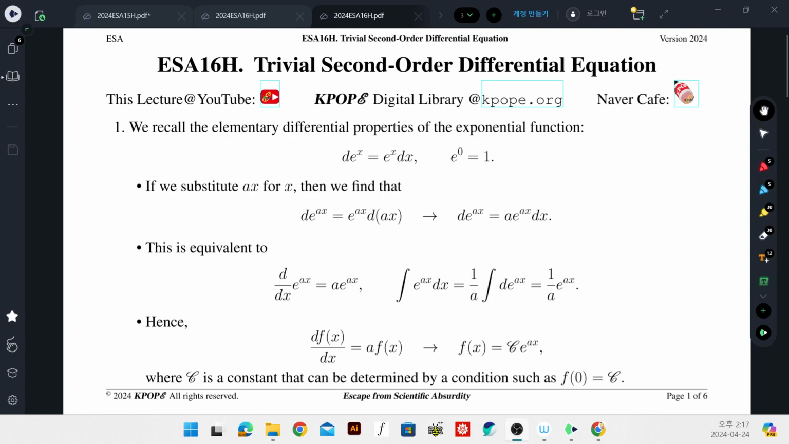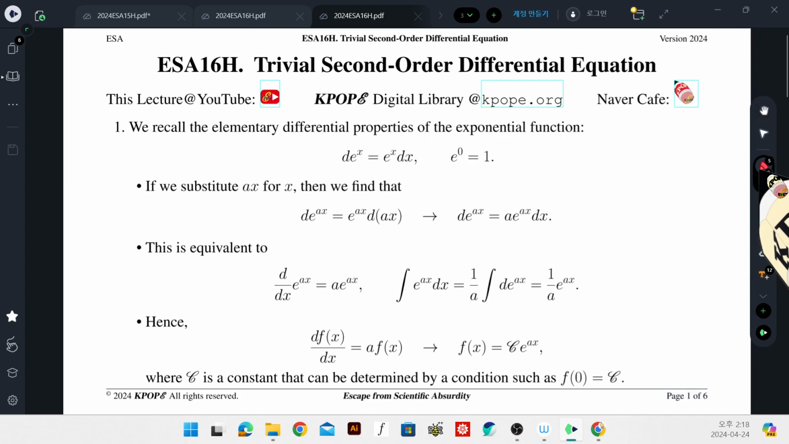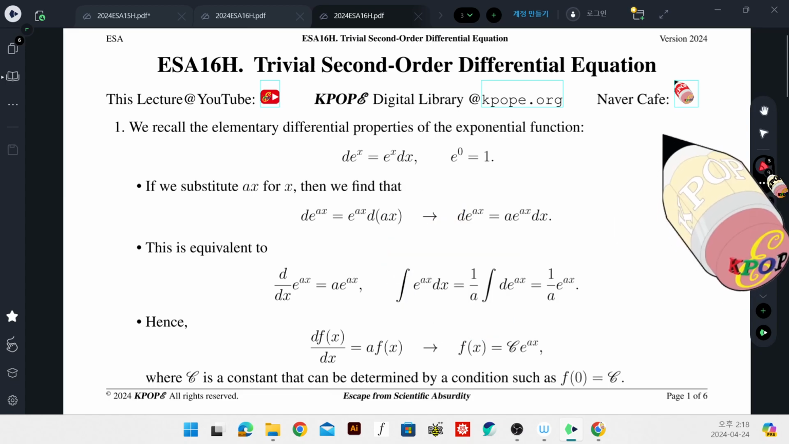Today we study ESA16H, trivial second-order differential equation. We recall the elementary differential properties of the exponential function whose derivative